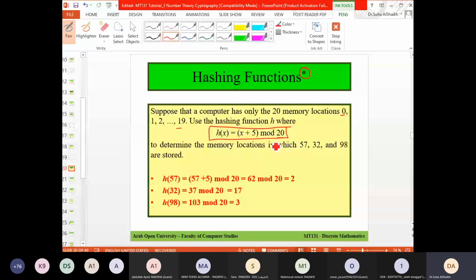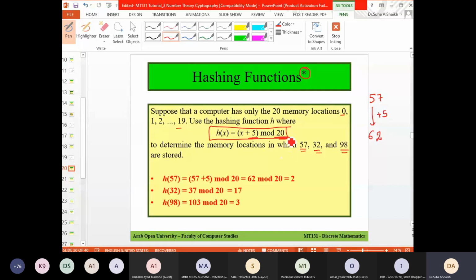So the question is: determine the memory location in which the numbers 57, 32 and 98 are stored. I want to see where I am going to put the 57, where I am going to put the 32, and where I am going to put the 98. So for the 57, the function is plus 5, right? The function is plus 5, but we pay attention, it's mod 20. So we add 5 to 57. If we add 5, the result is